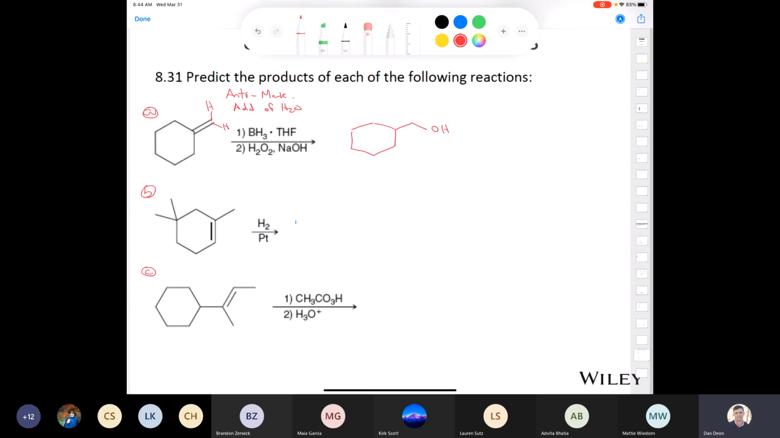What molecule am I adding across the next? What small molecule is being added to this alkene in B? Could anybody tell me what molecule is being added in B? Right? It's a hydrogenation reaction, which occurs via a syn addition. So this is syn addition